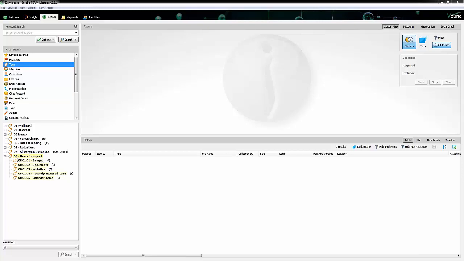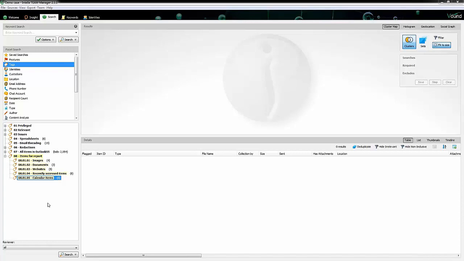So in this particular case, I have tag number 8, which is items for report, and then I have some sub tags in there for the specific types that I want to report on. So I have images, documents, website activity, there's some recently accessed items and some calendar items. And I structure it in this way because in the flexible reporting, you can create sections for each of these types, and those sections can have different layouts and different metadata assigned to them. So if you have them all sort of separated like this, then you've got a lot more flexibility when you